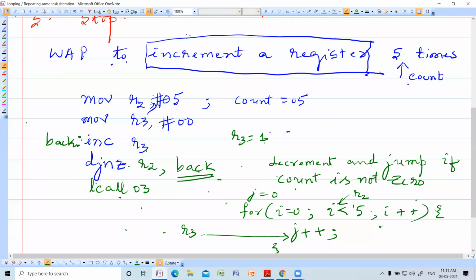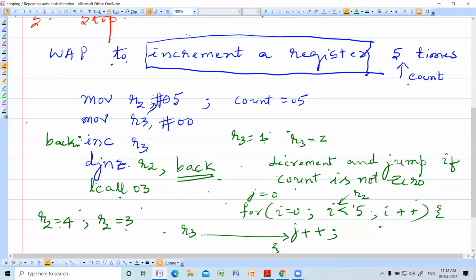So what is R2 now? You trace R2. R2 has been decremented, no? So R2 becomes 4. It is not 0. It goes back. Increment R3, so R3 becomes 2. Once again, R2 will be decremented and it checks for 0.